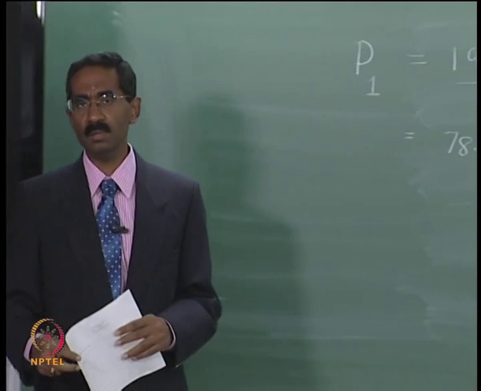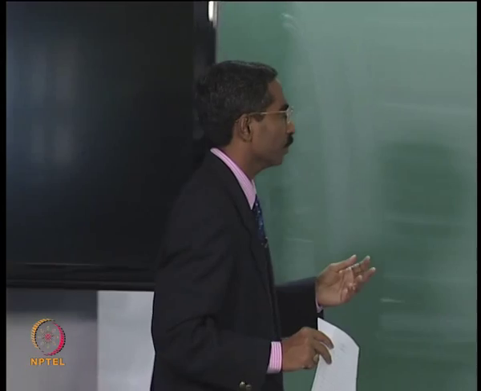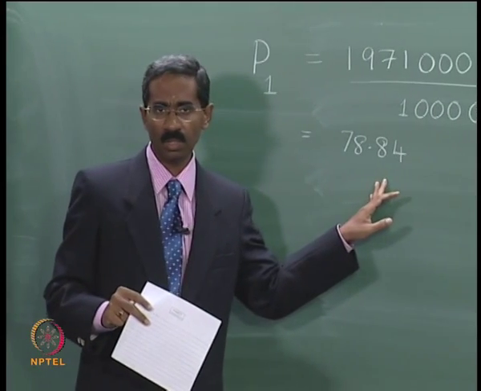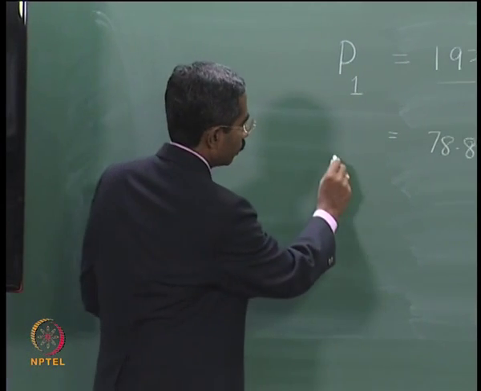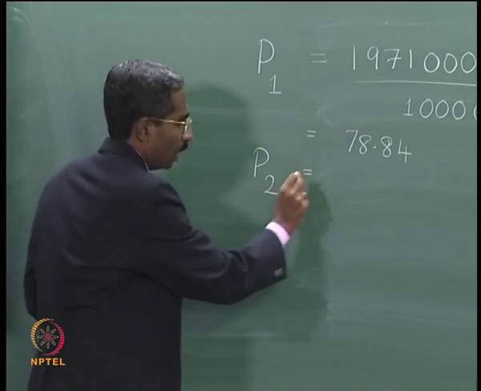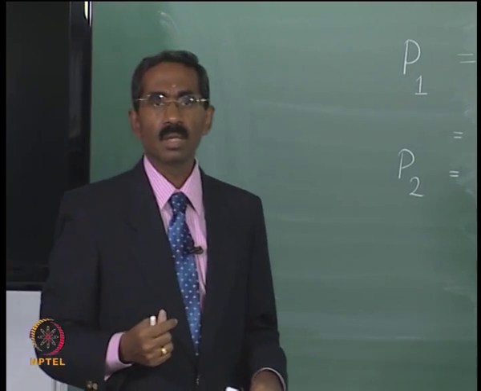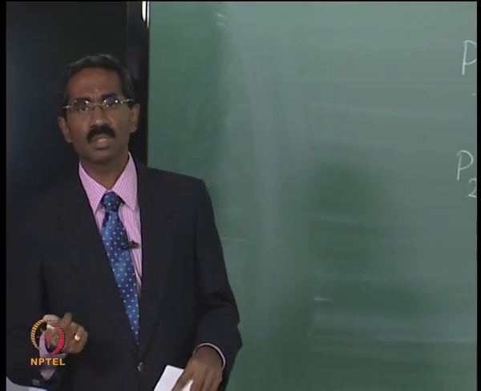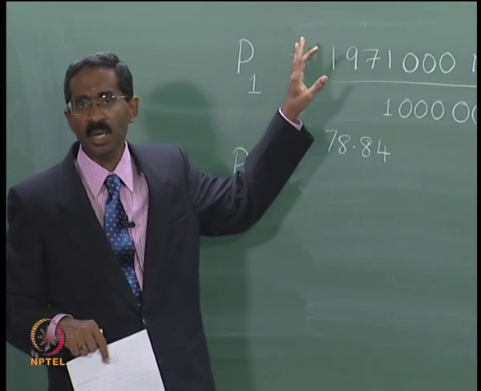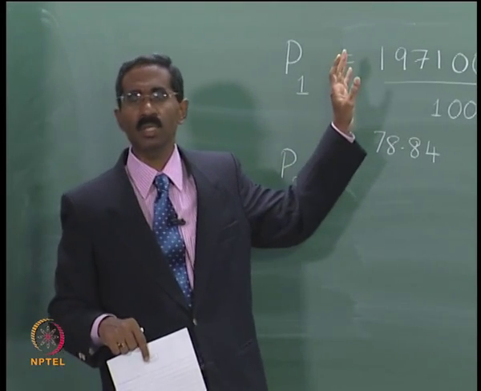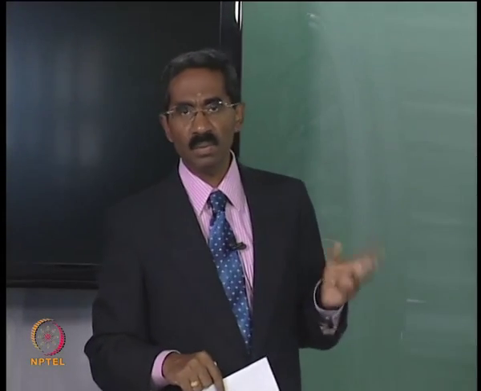So in year 1 the revenues from power generation is 78.84 million. Now how do you determine the revenues in year 2? As we have indicated in the project parameters, the price of electricity increases 6% annually. So if we assume that the power generated does not change from year to year and remains constant at 1,971,000 megawatt hours, then